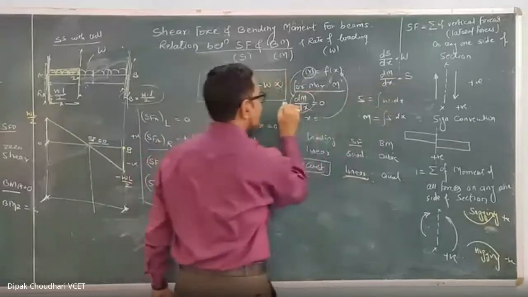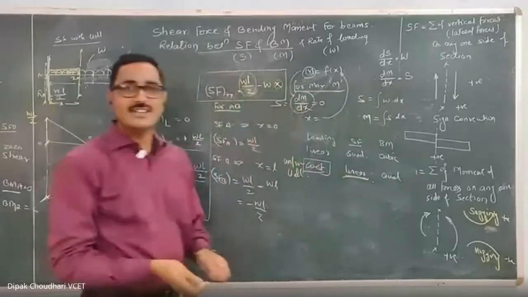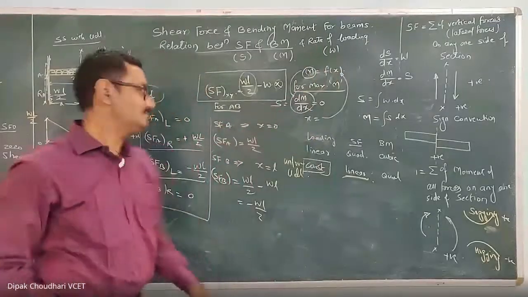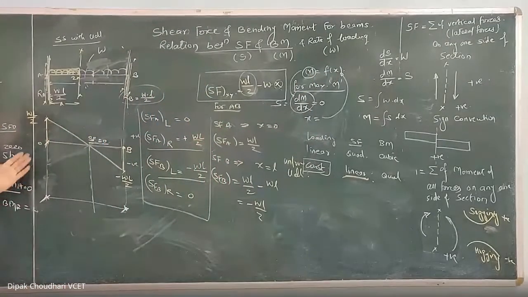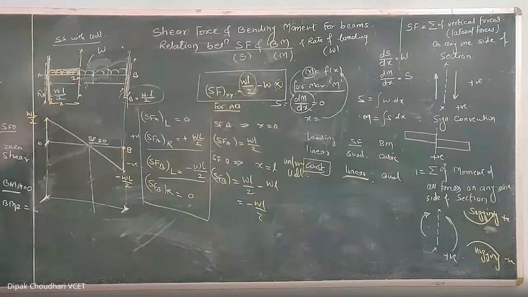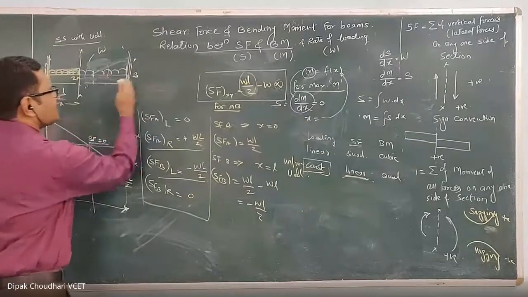Yeah, but what is dM by dx? The dM by dx is shear force. It means that when shear force is 0, the bending moment will be maximum. Okay, so the same thing I told you here. When the shear force is 0 at this position, the bending moment will be maximum. Have you understood this? Okay. The next, अभी इसका मैं bending moment का equation लिखता हूँ.